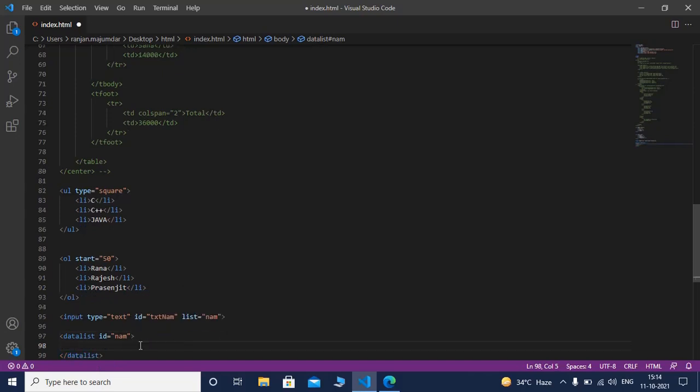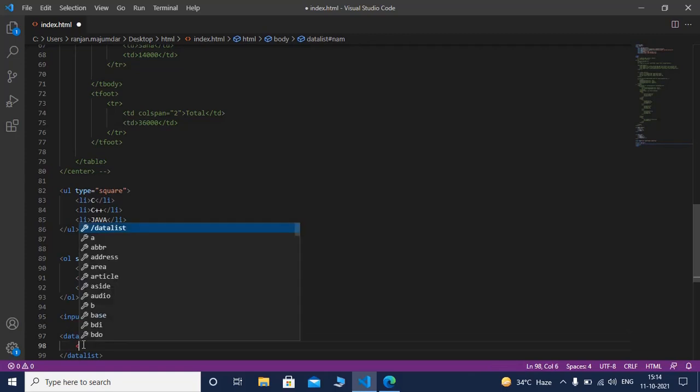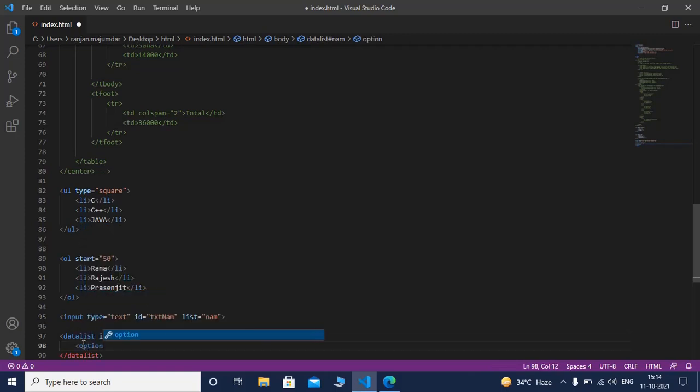A coder or a web page developer must remember it. Here the ID is name and in case of input type text, list is name. Both must be the same. Within data list, I am writing option.